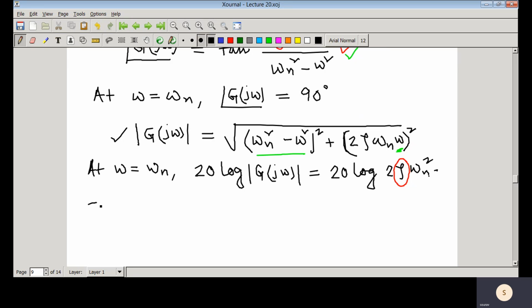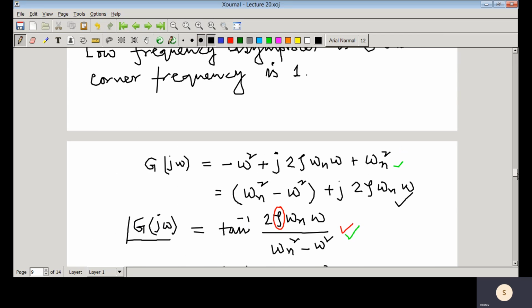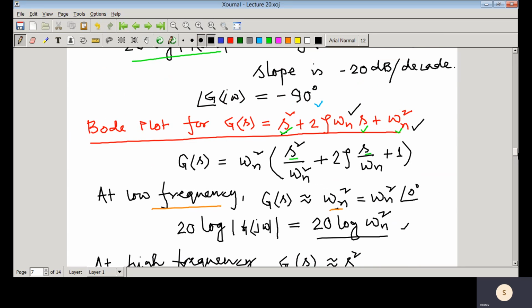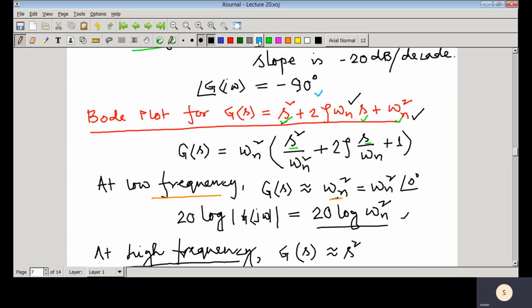So this difference depends on zeta. So what we have discussed here is that if we have a second order factor, then we can represent it in this form, and we can see that at low frequency